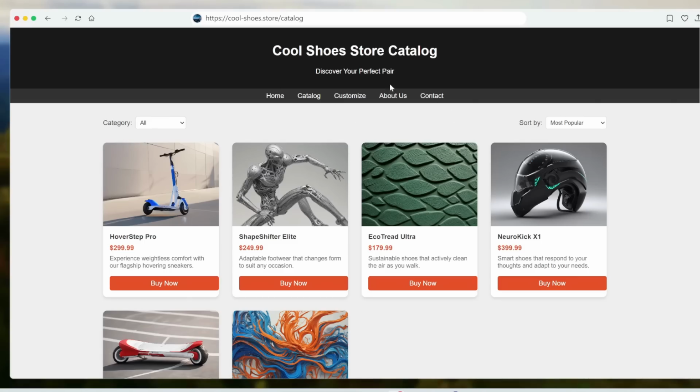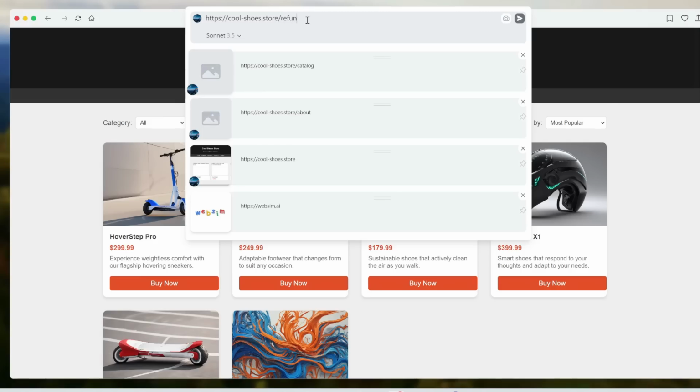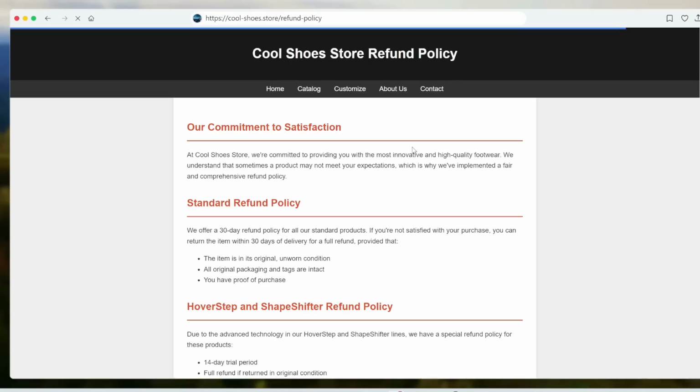Now let's say there's a page that doesn't exist here that you want to create. All you got to do is edit this URL based on wherever you want the page to be located in your website hierarchy. So for example, we can create a refund policy page like this, coolshoes.store/refund policy. And again, it will go ahead and create this page on the fly. Very nice. And notice it's keeping the menu, the header consistent, also the orange color of the headers,